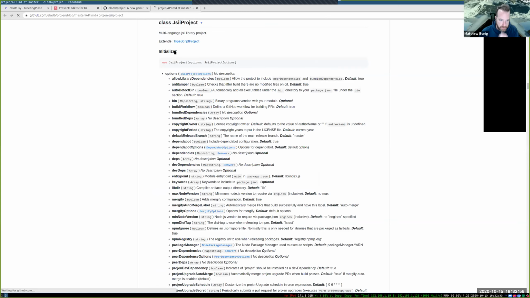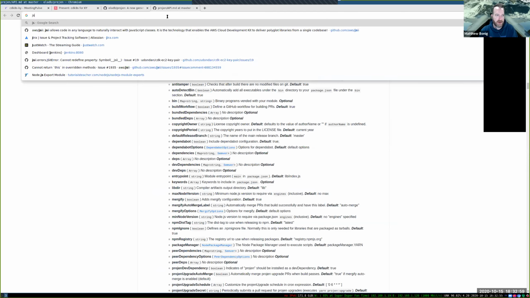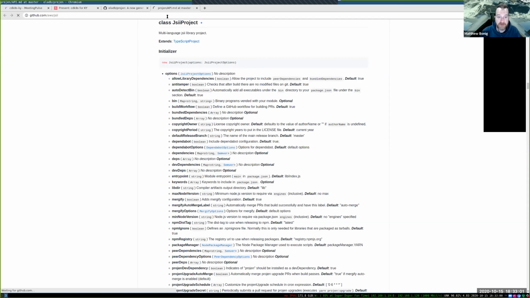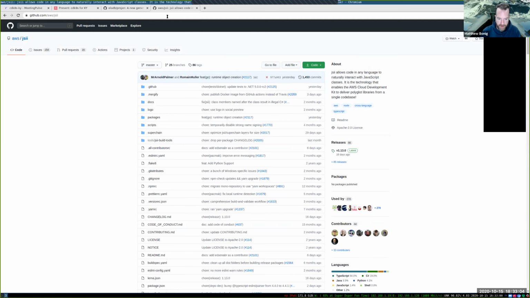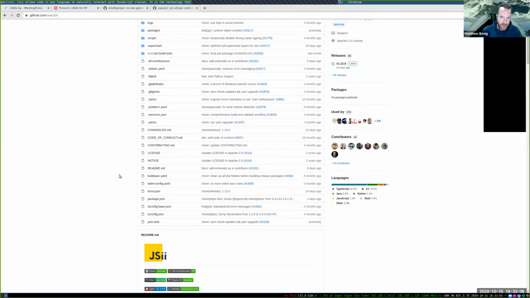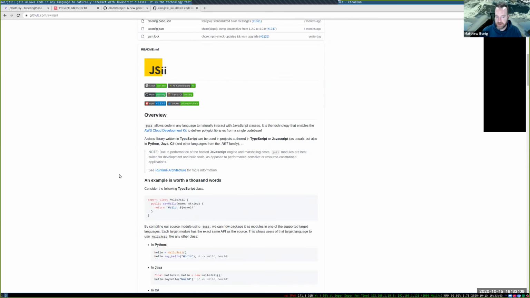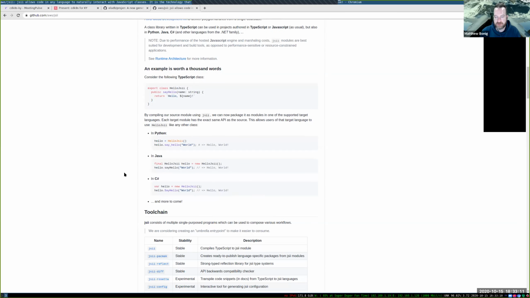The JSII was built by Amazon specifically to do this multilingual generation. And there's actually been uses of it already outside of just the construct world. So there was a library I saw someone build a few months ago that he used internally at his company because they were running some pretty legacy systems where timestamps in the system were a non-standard type.